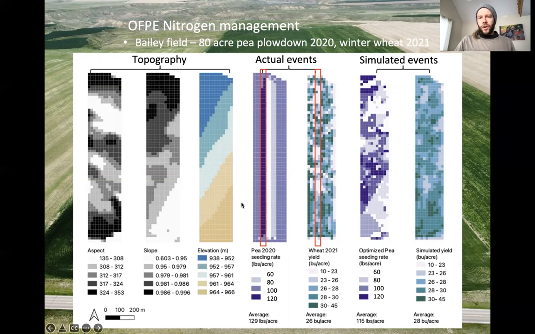So anyway, all of that goes into our model then, of course, and we come up with a new optimized pea seeding rate, one that would maximize the net return and the wheat yield for the farmer in the following season. And it's interesting to look at that predicted optimized pea seeding rate, and you can see how it follows some of the topographic variables in determining where the pea seeding rate should be higher, and likely follows areas that might be collecting more water or other such variables.